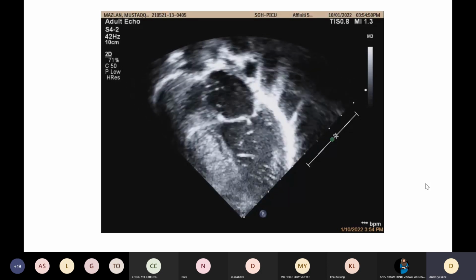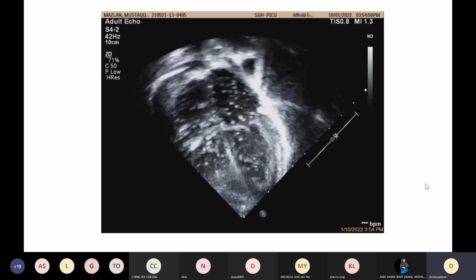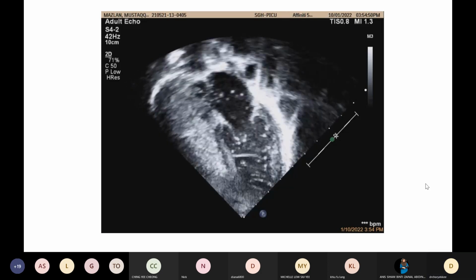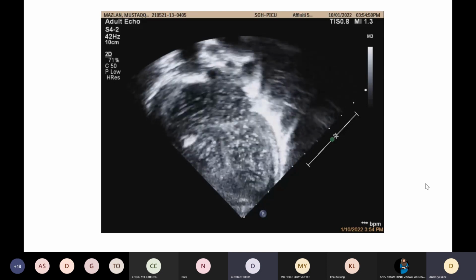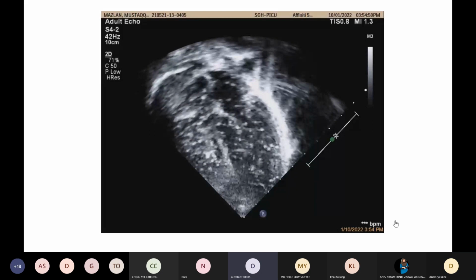Anyone else wants to try again? I think this is the most important slide that you want to show. Okay, I will try. The bubble is seen on the left side quite fast, immediately within a few cardiac cycles. So by right, if there is no right and left heart connection, meaning no septal defect, we should not be seeing all these bubbles, as they will be filtered by the lung. So the fact that it is present,